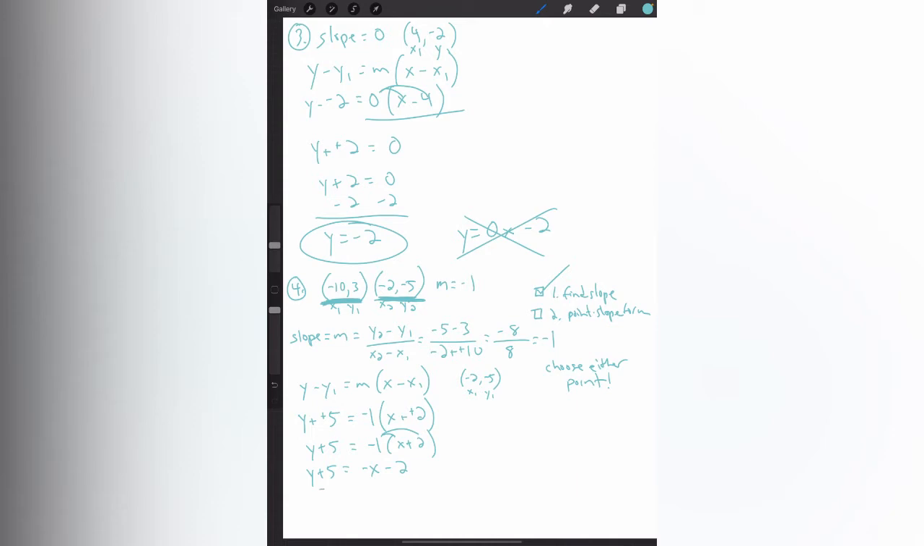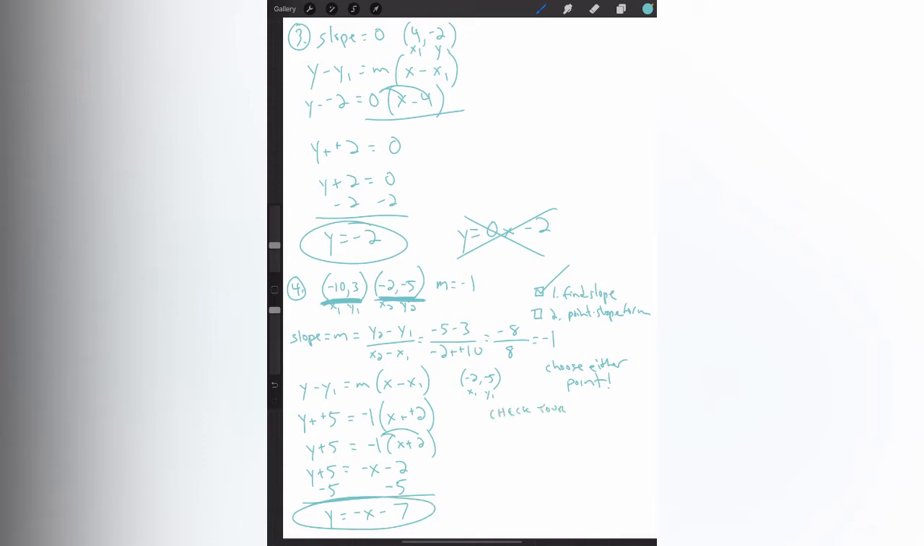All right, I'm going to go ahead and get y by itself. Subtract 5 from each side. I'm going to get y is equal to negative x minus 7. Okay? And I'm going to go ahead and circle that. Now, if I want to check my work,